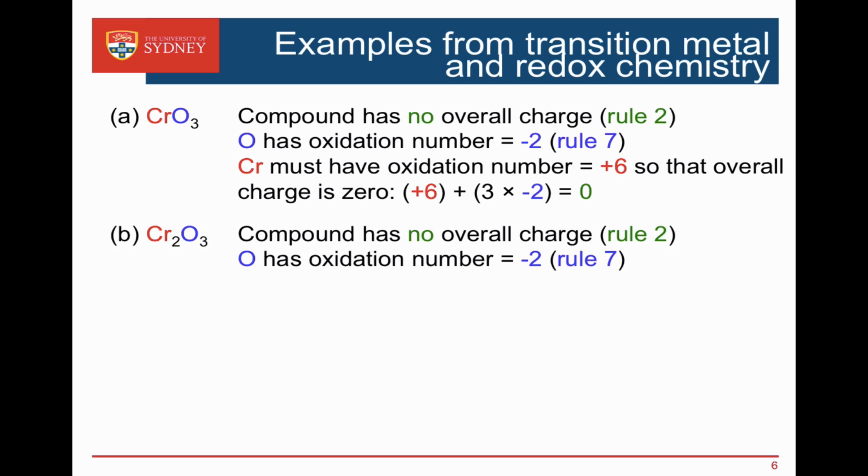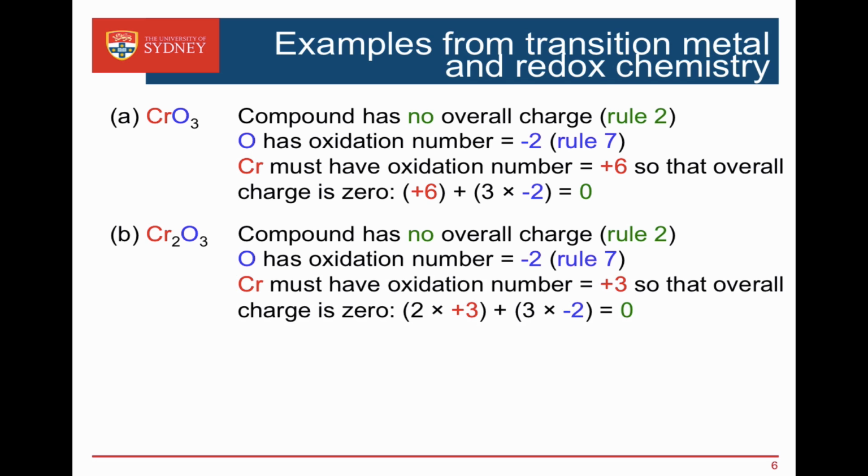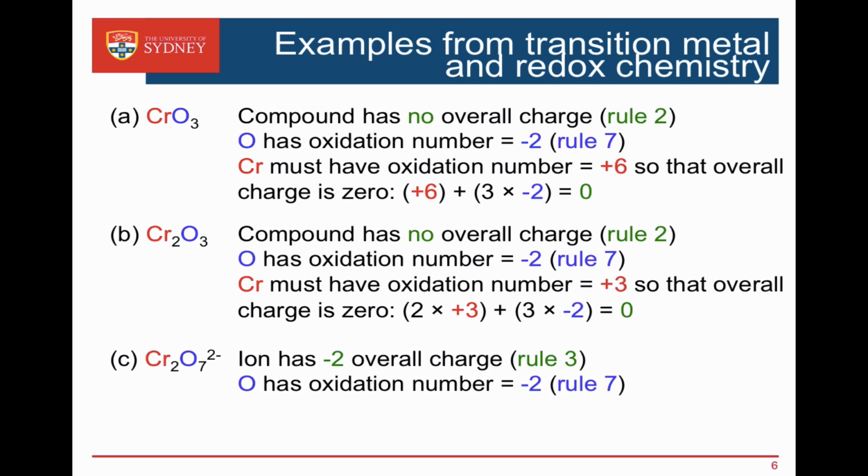Again, no overall charge. This time we've got 3 oxygens, each one -2. So the 2 chromiums must give us +6, each chromium must be +3. 2 lots of chromiums, 2 lots of +3, balancing 3 oxygens to 3 lots of -2 to give us an overall charge of 0. We could also have chromium and oxygen in a complex with an anionic charge like this one,